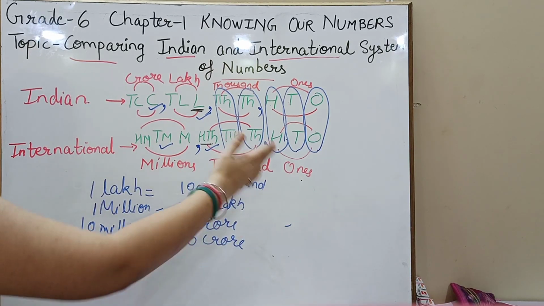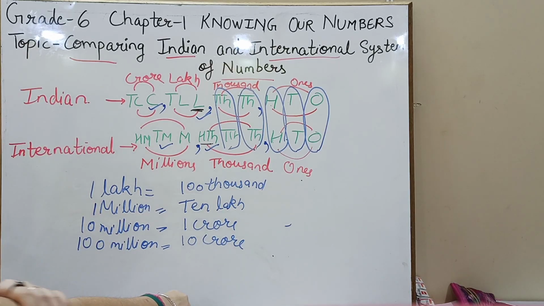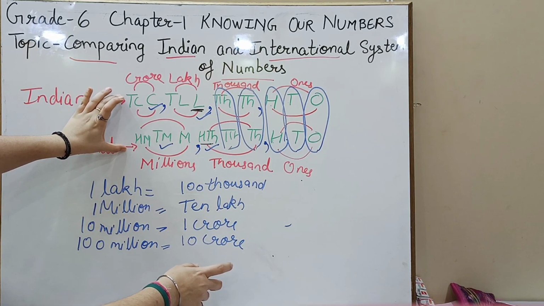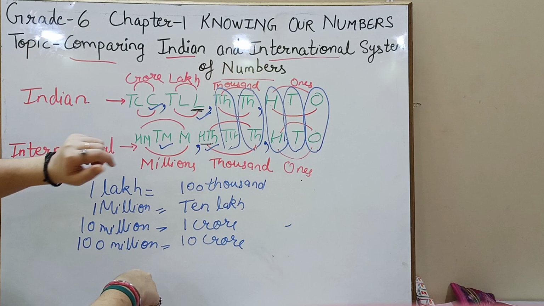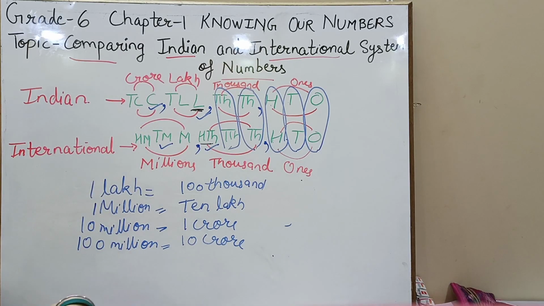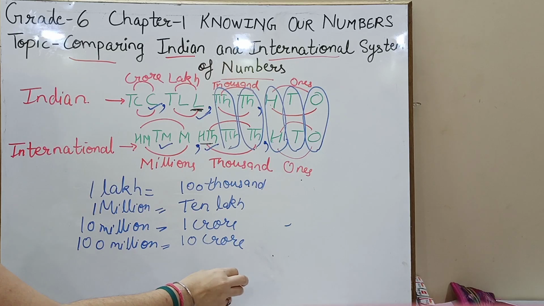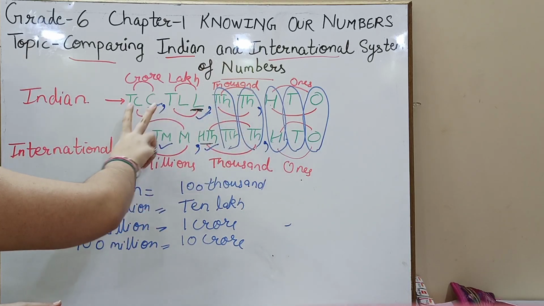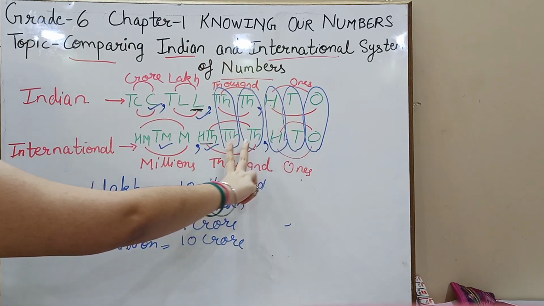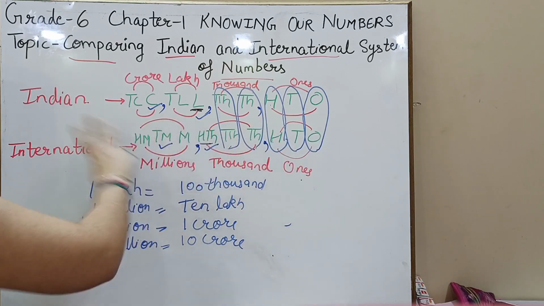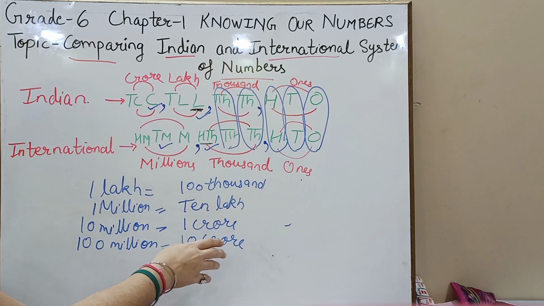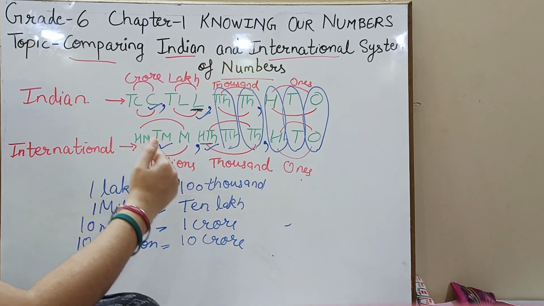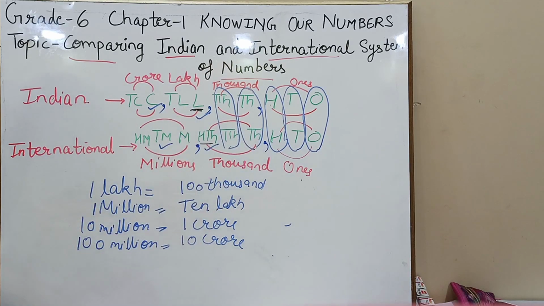No need to worry that how we are going to put the values. The first and foremost step to compare is to put down both the place value chart, and then you can compare how many 100,000s are there in 1 lakh, how many millions combined to form 10 lakh. So you can compare in this way. But the basic rule that you need to keep in mind is that in Indian system of numbers, the commas are 3, 2, 2, 2, and in international number system the commas are 3, 3 and 3. It goes like this. Do not place the commas in a haphazard manner. Always put the place values and then place commas into the numbers.